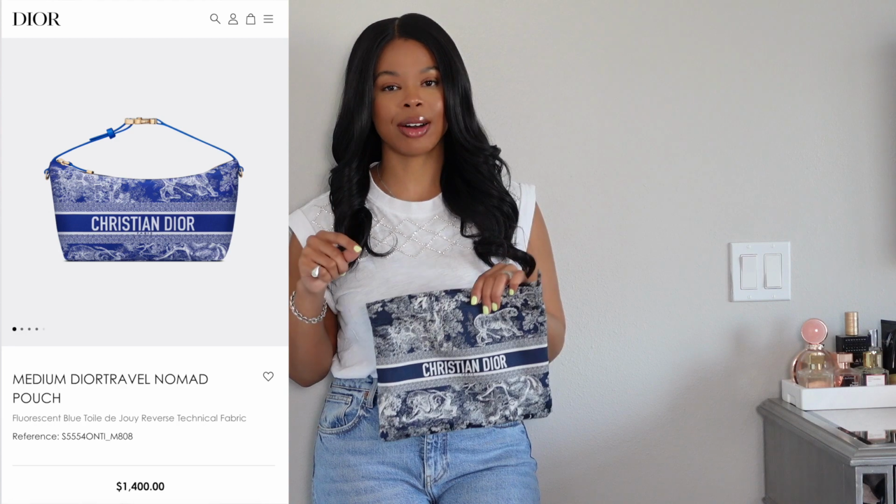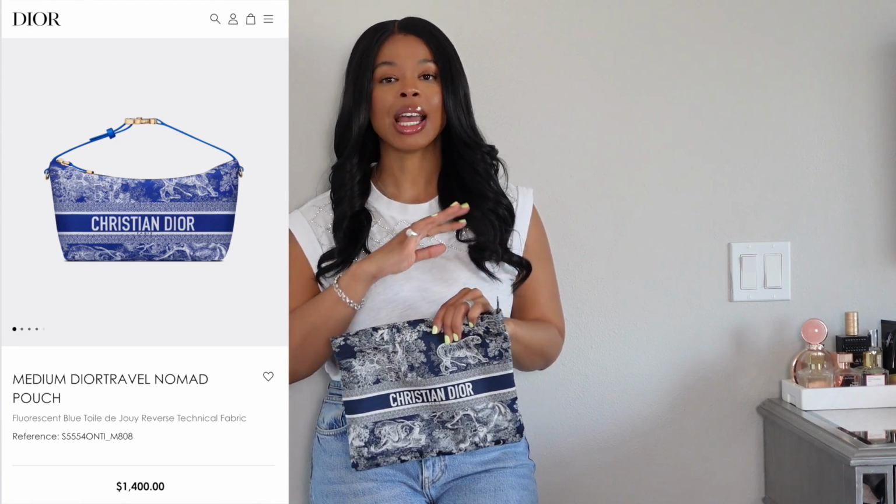So if you're someone who's been really wanting the Christian Dior print, I highly recommend that you look at the Dior Travel zip pouch. Or Dior has also come out with a new handbag in the Dior Travel range, and I'll put it up on the screen. This is so cute, especially if you want to have a little top handle moment, and it's still really affordable. So before you go spending a ton of money on those other Dior bags,